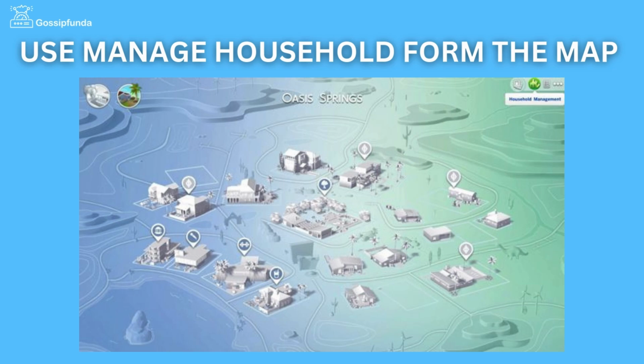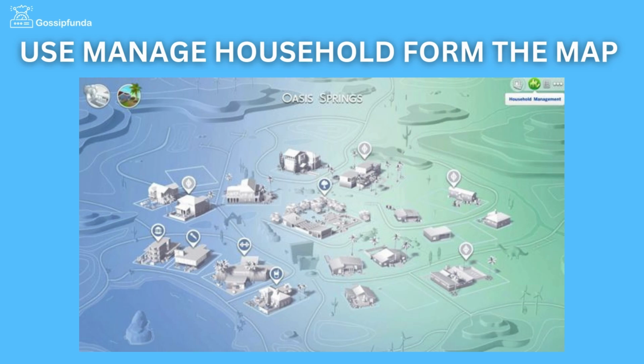While in the live mode, click on the three dots in the top right corner of the screen to access the map view. Once in the map view, you will see various neighborhoods icon and lot of thumbnails. Look for Manage World icon and click on it. From the World Management menu, you should see an option to manage households. In the Manage Households interface, you can edit existing households, move Sims between households, evict Sims and perform other household management actions.